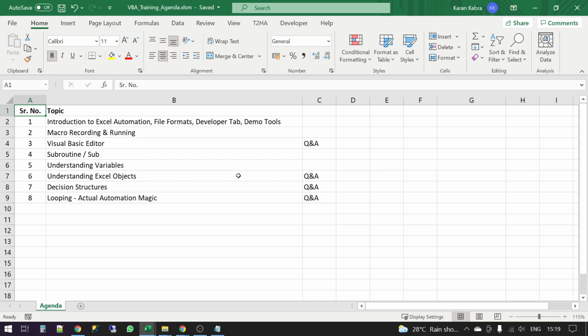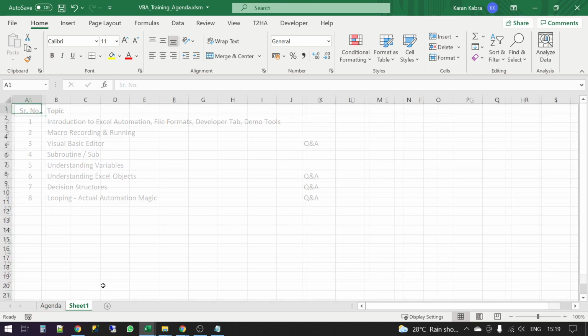So there is a way to automate almost most of the Microsoft Office applications. The code that you write, these are also called macros. So that's the reason why VBA and macros are used interchangeably. Just so that you know. Okay, so with this basic context, let me try to record a macro.